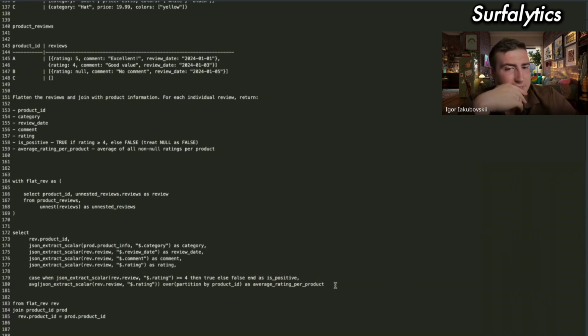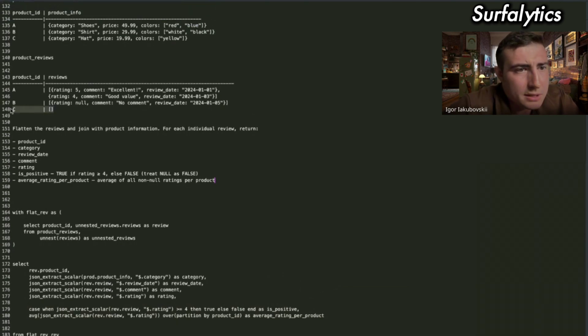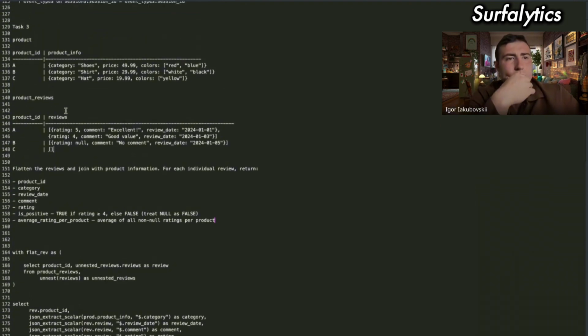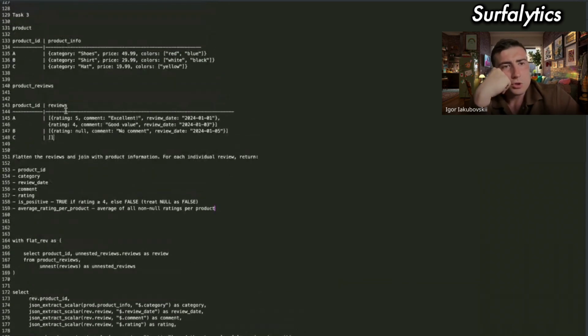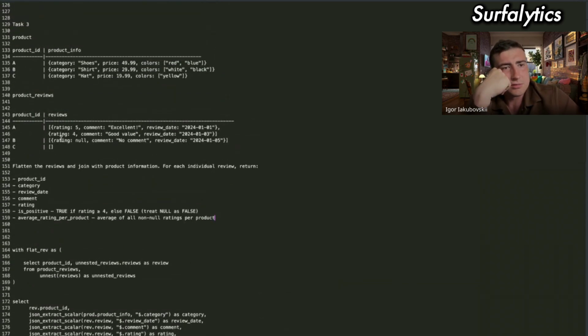Of the two minds, I think that maybe there are some troubles with null values in case, maybe, and in average of all non-null ratings. And for this product C, what should we do with such a product as product C?